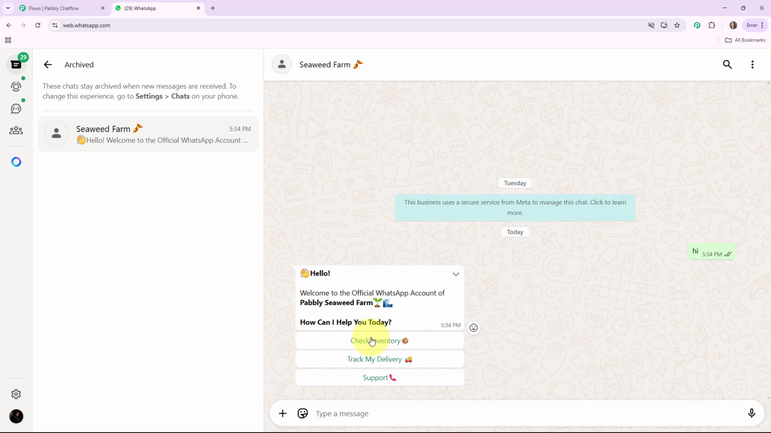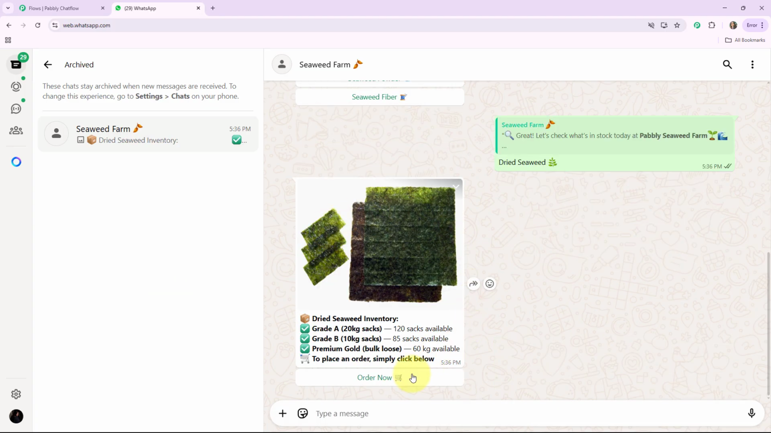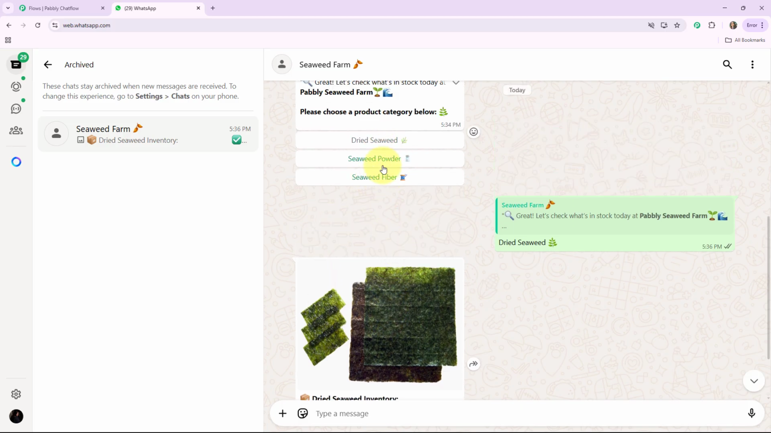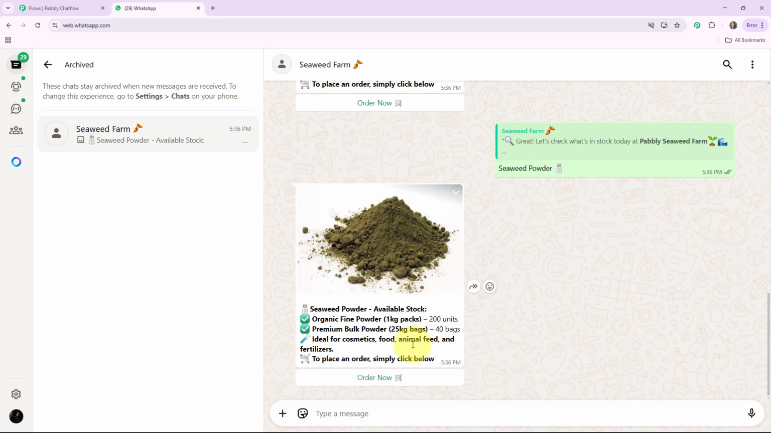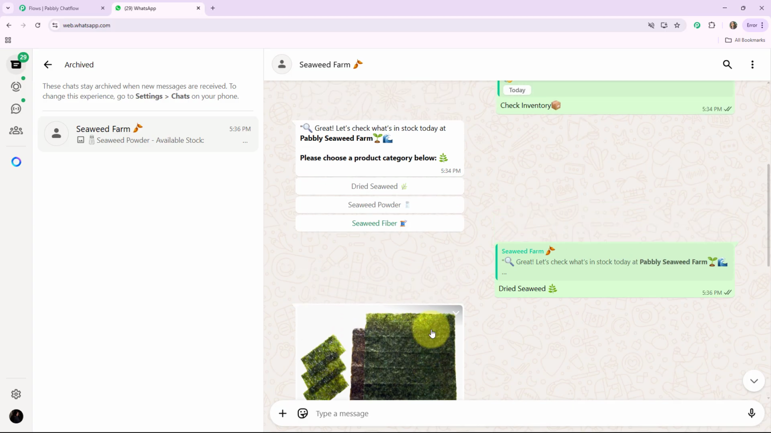If I click on check inventory, then this bot will respond to me like this while providing me the product categories that are available in the seaweed farm. See, dried seaweed, seaweed powder, seaweed fiber. If I click on dried seaweed, then it will respond to me like this while providing me one order now button. If I want to purchase seaweed powder, then it will respond to me like this while providing me all the details. So basically this is how our chatbot will work and this is how our bot will respond to